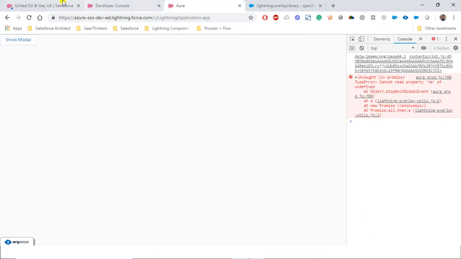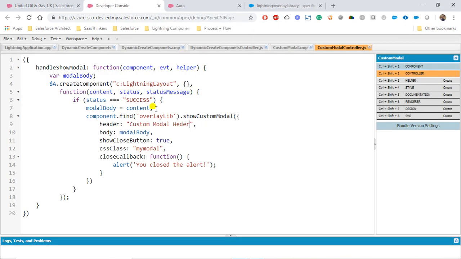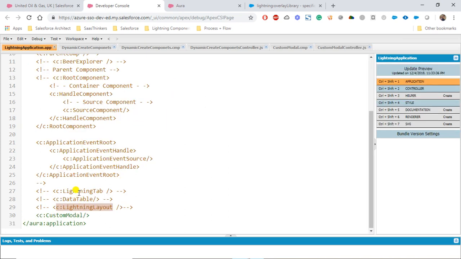So now you will definitely say that we saw creating multiple components at once with the help of $A.createComponents, and you will definitely want to see that. So let's go ahead and create a data table component for that as well. So what we are going to do here,